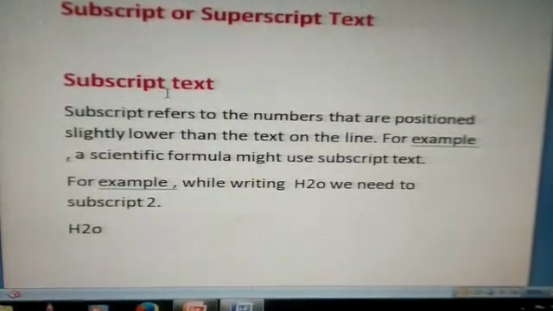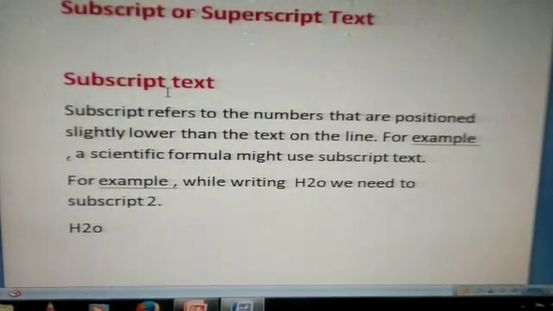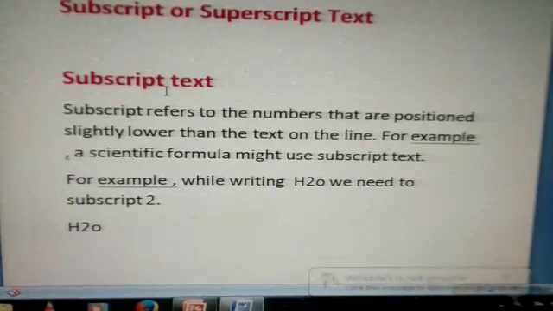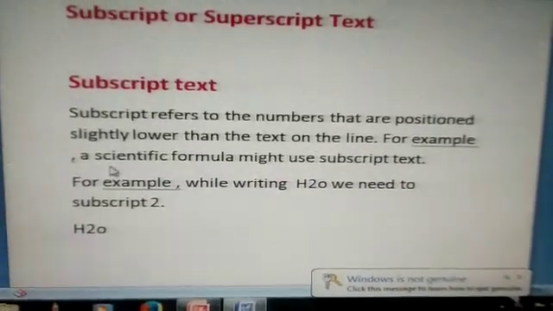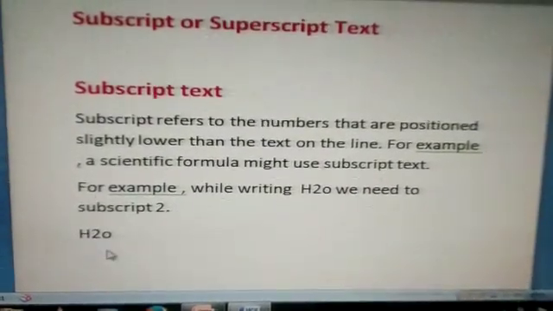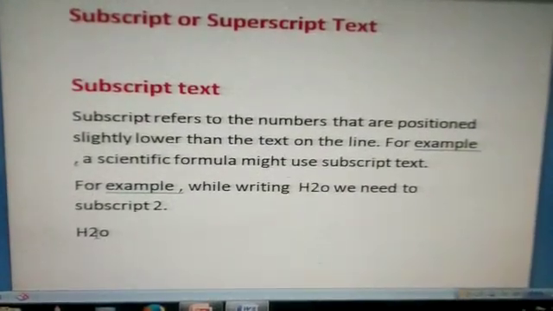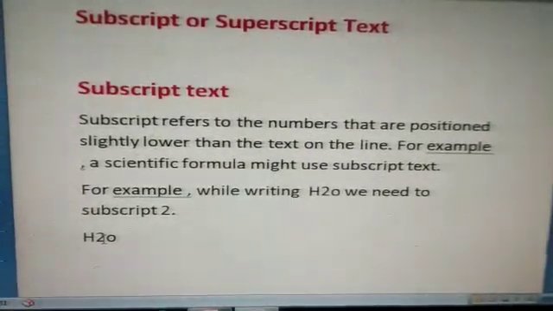For example, while writing H2O, the chemical formula of water, we need to subscript the 2, because H2O is not written in this manner. So to write H2O in the correct way, we have to use subscript text.